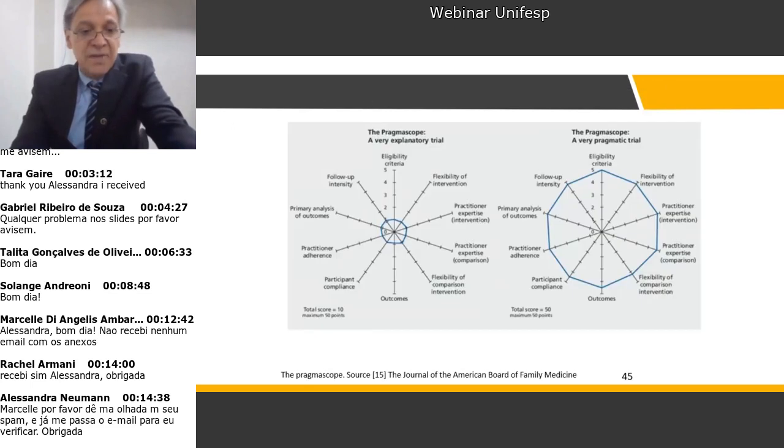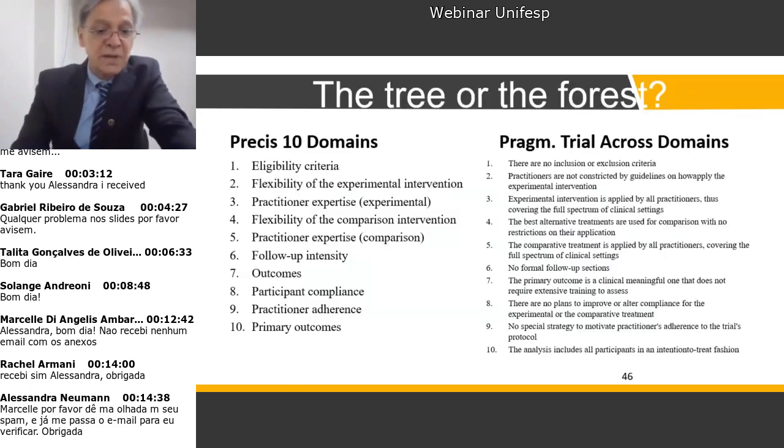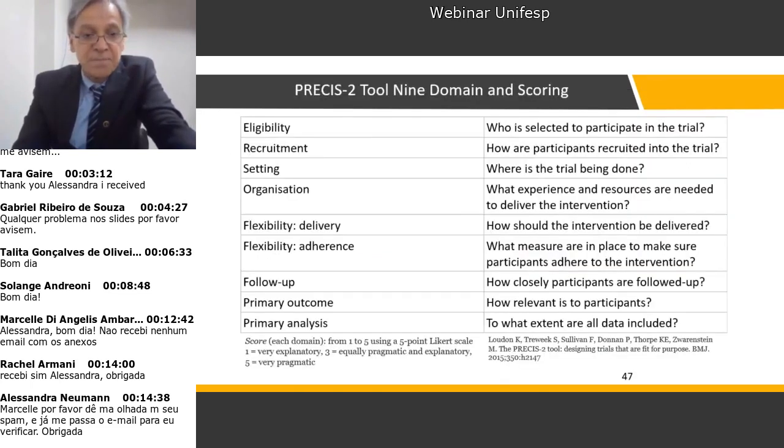We already have that. You have that here. Maybe there's no exactly 10. I think there's 10. That's what we're using in that pragmatic scope. And the main point here is that when you do eligibility, who is selected to participate in your trial,